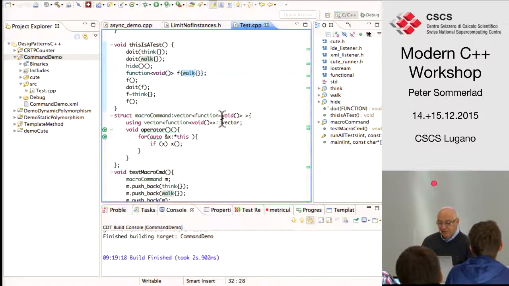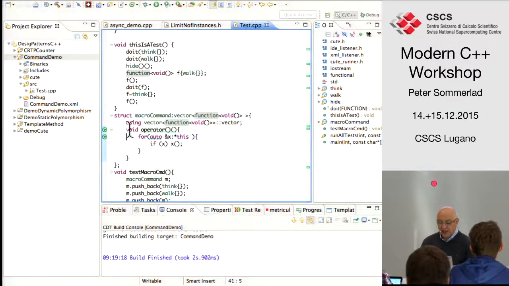I inherit from a standard library class called vector and put a vector with function objects, and that way it can actually push back or add to the vector any kind of function object that follows this interface without any arguments and returning nothing.